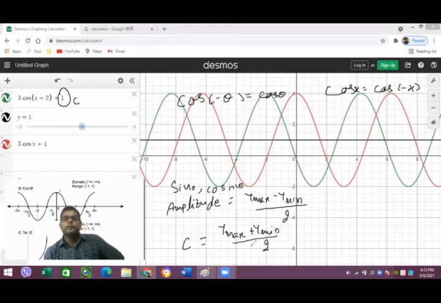So while doing these two sorts of things, there will be no change in the amplitude, as well as no change in the